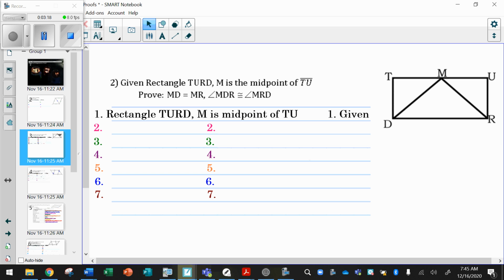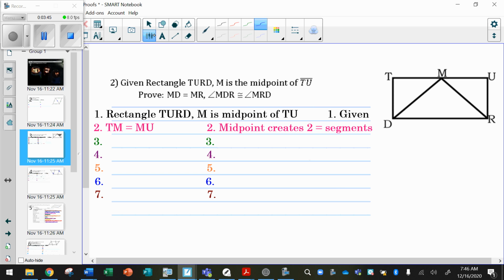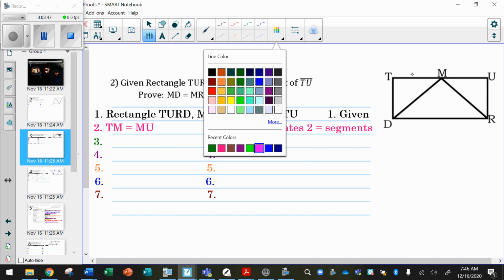So pause the video, go as far as you can go with this, and then come back and I'll show you what I did. All right, so I started out with saying TM is equal to MU because the midpoint creates two equal segments. If you said congruent, that's fine. If you use congruent, you would have to put the bar above the TM and the bar above the MU. So now that I know TM is congruent to MU,